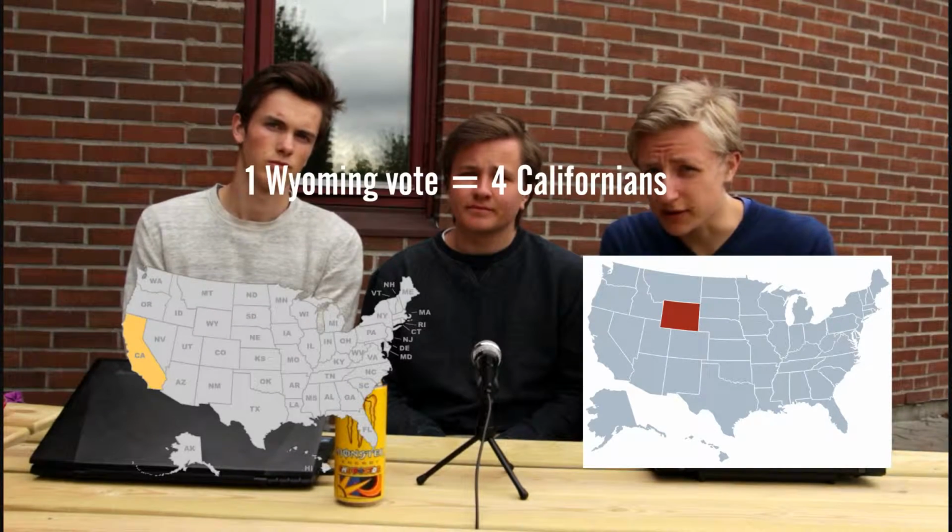All the states are given electoral votes. The inhabitants of the states vote on which candidate their state should use those votes on. There's 538 votes in total. All the states are given 3 votes to begin with, then more is added roughly according to population. But roughly in this case is not very accurate, nor is it fair, because how it currently is, for example, 1 Wyoming vote is worth 4 Californians.